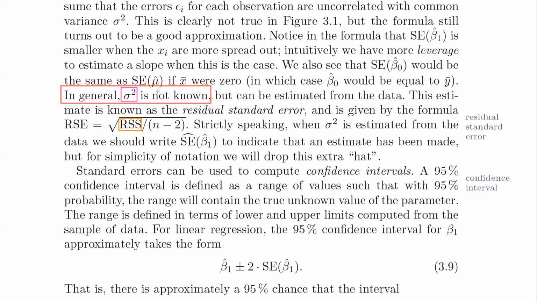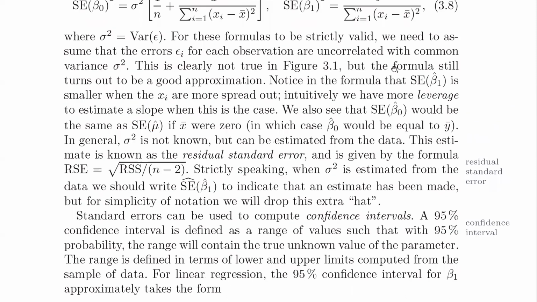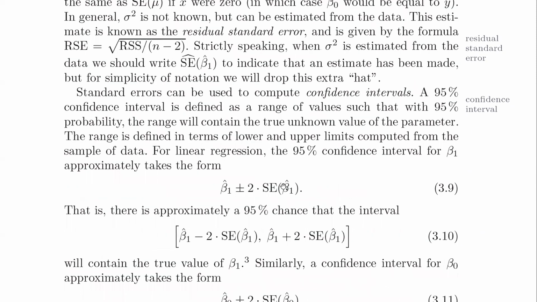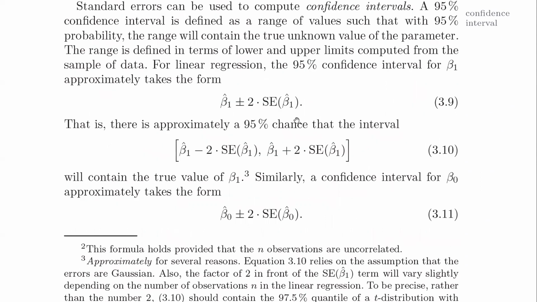So this is how we're going to calculate sigma squared. And sigma squared is then divided by this sum to create the standard error of beta 1 squared, which was a very long way of saying, there are these 4 or 5 computational steps that we need to perform,